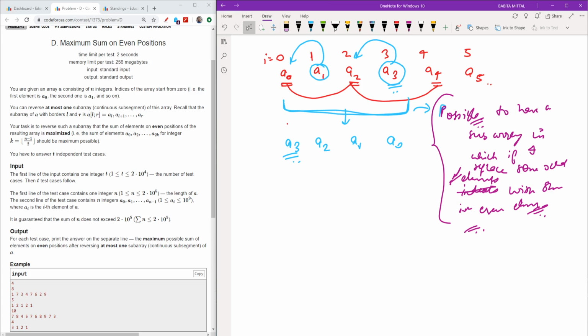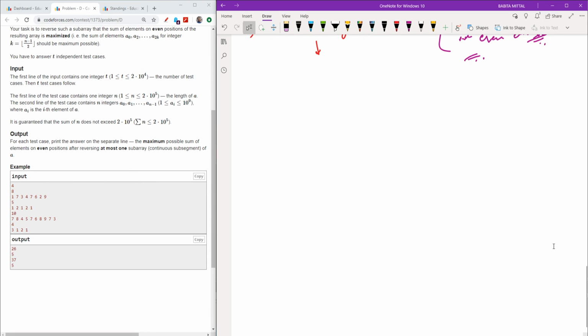Now you will see how it is possible to do it. To make it clearer, I recommend that if you don't know Kadane's algorithm, please read it, because it is used to find the maximum subarray sum. What we need here is also the maximum sum of a subarray, but with a slight twist, and I will show you the twist with some examples.